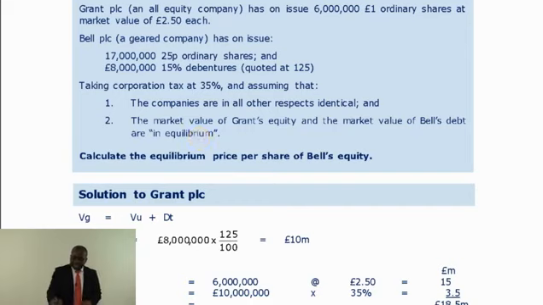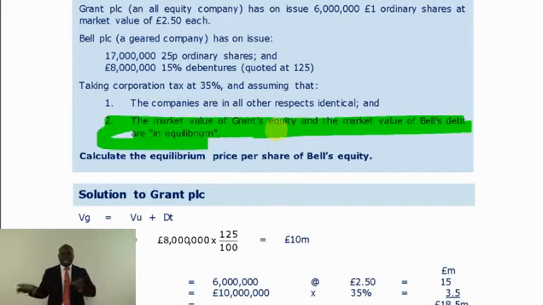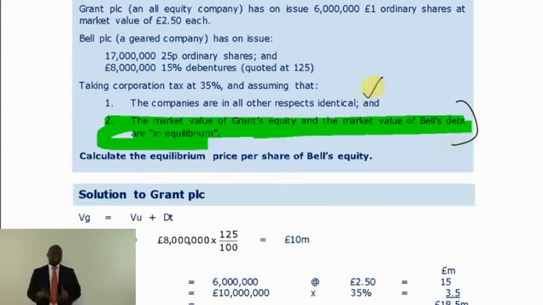To be honest, this bit of the question will not be there. Miller and Modigliani assume that they are at equilibrium, as the formula indicates. So you won't see this. This is what you might see. As long as the two companies are similar in all respects, we can borrow figures from A in order to do the figures for B. As long as we are similar in all respects and one is geared and one is ungeared, we can borrow figures from one and use Miller and Modigliani to help us get the figures for the other. That is the whole argument.